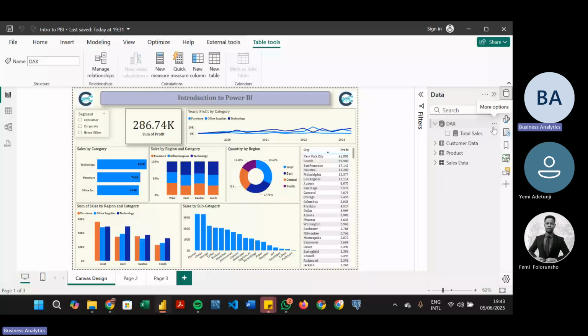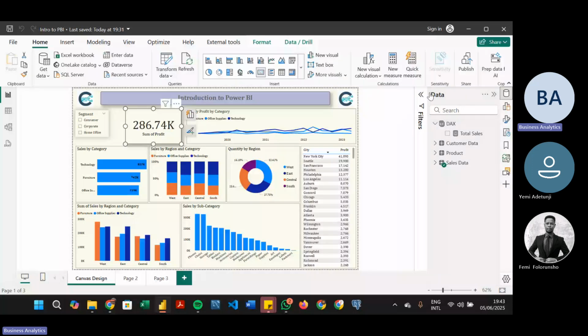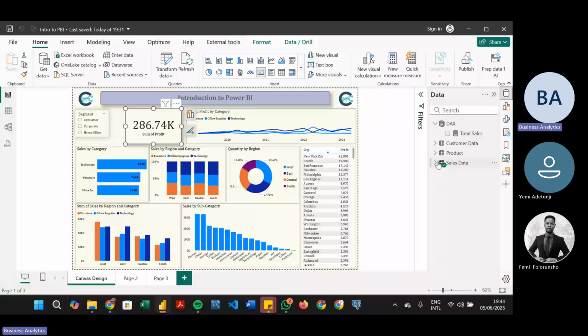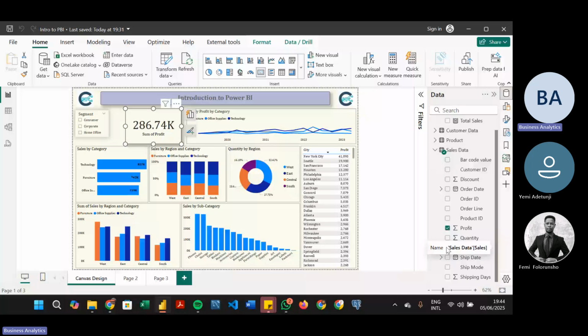So now let's say this card that we have now, we want to duplicate it and include this sales data. Normally it's always better to create these DAX measures and use the measure instead of using the column directly. Like now, instead of selecting this sales directly, it's always better to create the measure and select the measure, because I think it increases performance,